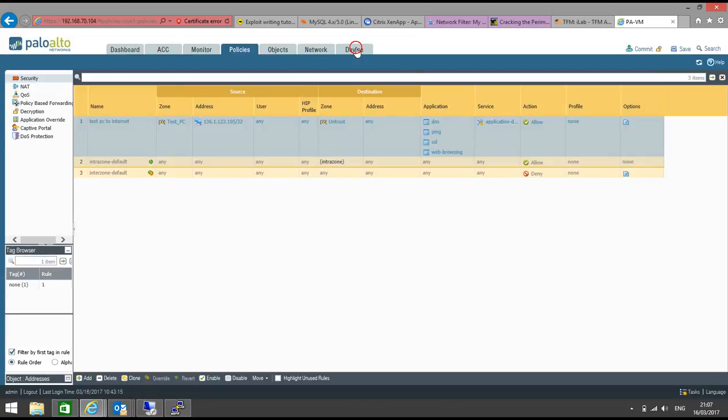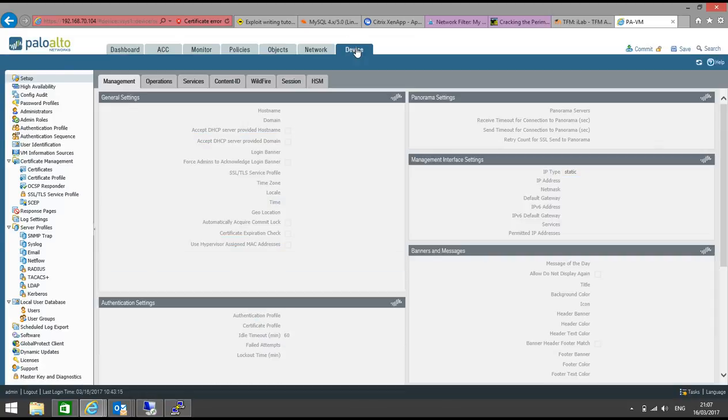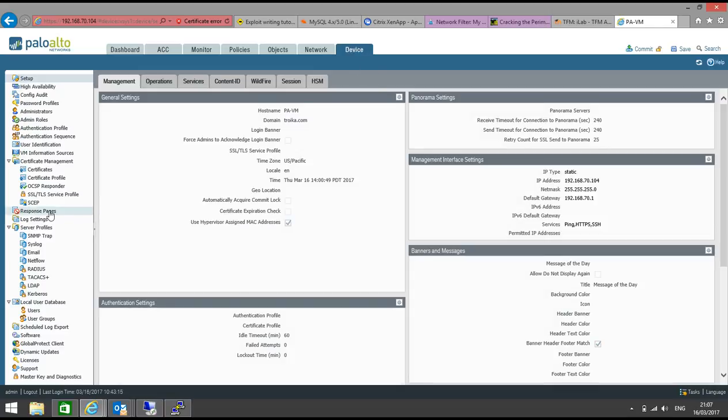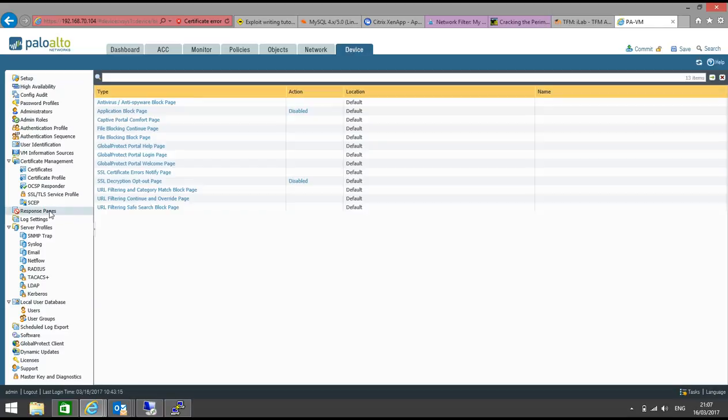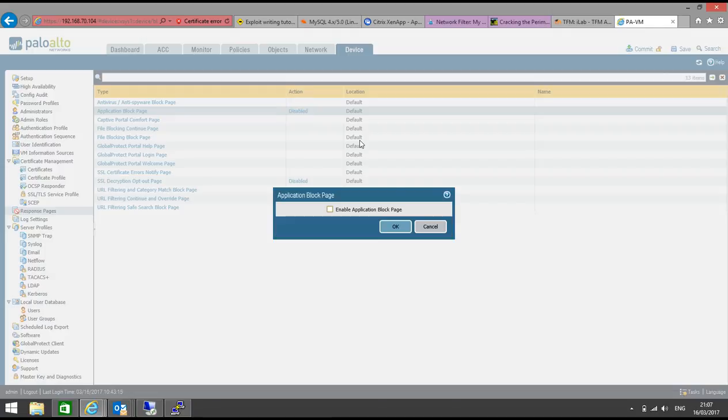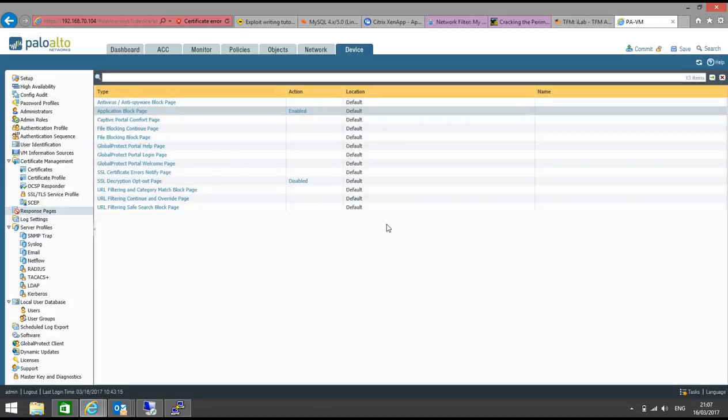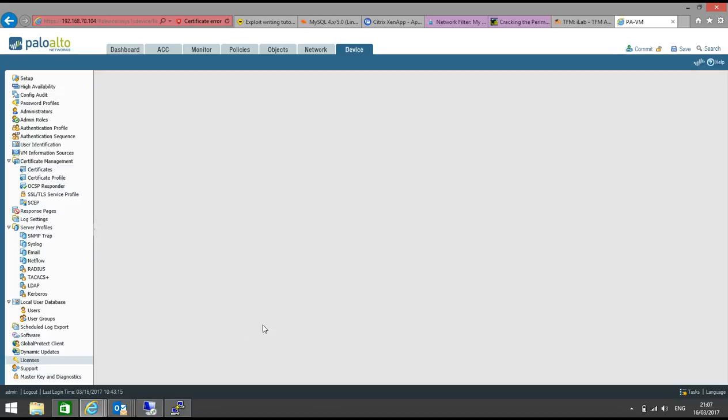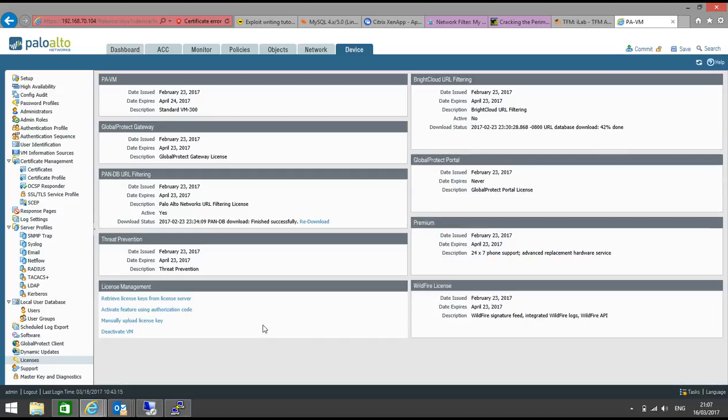and go to Device, Response Pages. If an application is blocked by the firewall, I want us to be able to see the block page. So the application block page has to be enabled. Enable this, and before that let me see if I have a valid license or not. Go to licenses, and I have a license till April 23rd, so the license is good. So let's commit the policy,